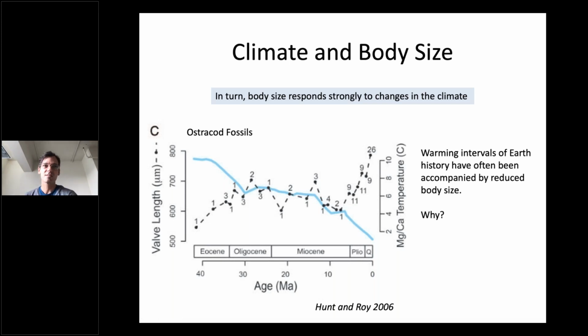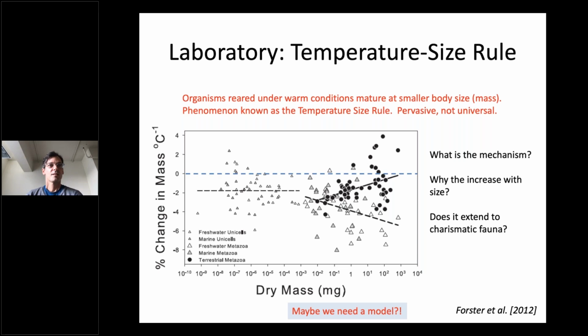So if we want to know why climate change drove body sizes to vary, not only among ostracods, but among lots of different taxa in the fossil record and different time intervals, we of course turn to a mainstay of science, the reductive nature of science to find the root causes of things, and for that we would like to seek out laboratory experiments, and those were really nicely compiled by a series of authors going back about a decade now,